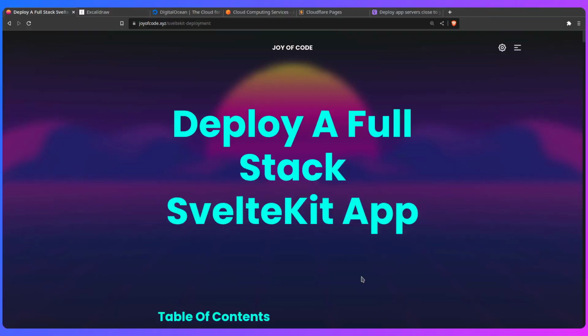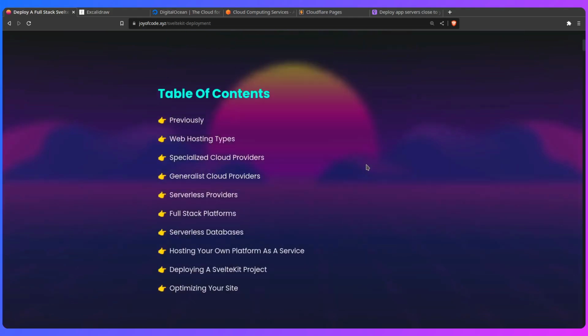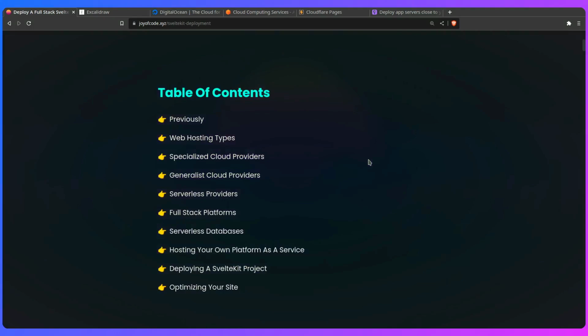Hey friends, welcome to the last part of the SvelteKit series, which is going to be about deploying a full-stack SvelteKit app. We're going to learn a lot in this one from web hosting types, or if you don't care about it, you can just skip to the end, and I'm going to show you how to deploy a SvelteKit